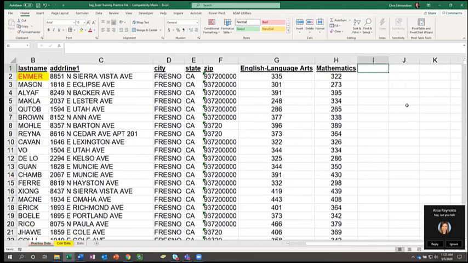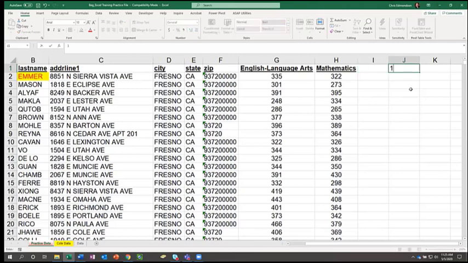So I'm going down into I1. Actually, I'm going to go into J1, and I'm going to type 1. And notice when I typed 1 there, when I choose this, there's this little tiny square in the bottom right-hand corner. If I mouse over it, notice it changed from a white plus sign to a black plus sign. If I click on that and drag it down,